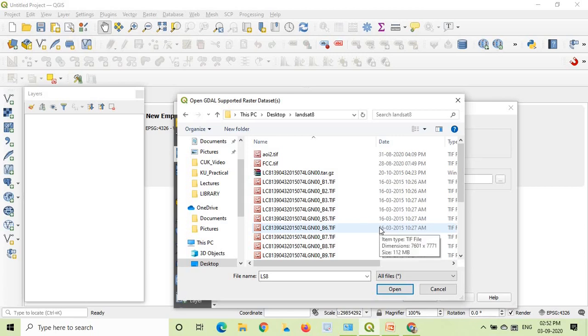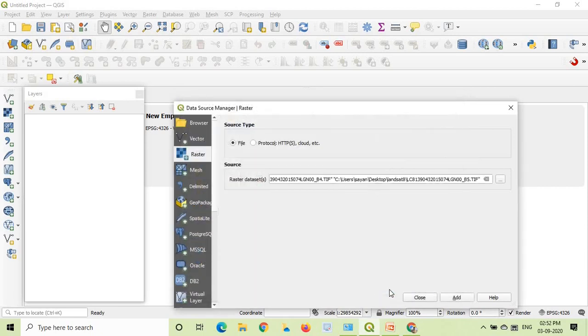Since I am going to prepare a standard false color composite, I need green band, red band and near infrared band. That is, I will need B3, B4 and B5. So click on B3, press Ctrl and select B4 and B5 and click open, click on add and click on close.